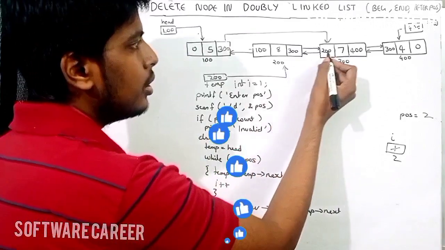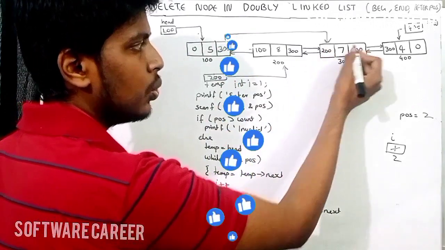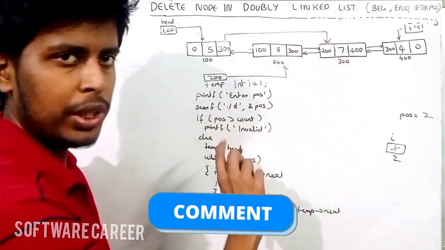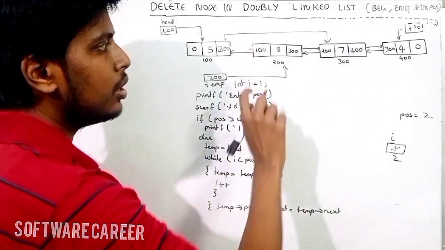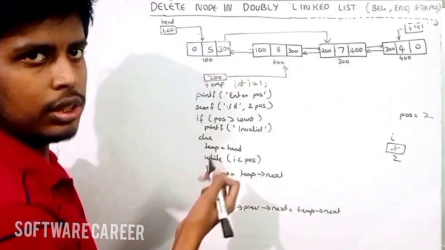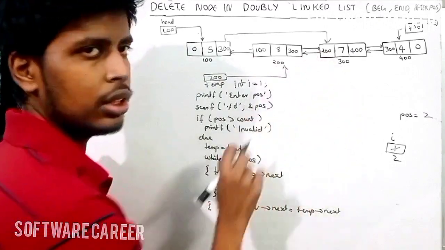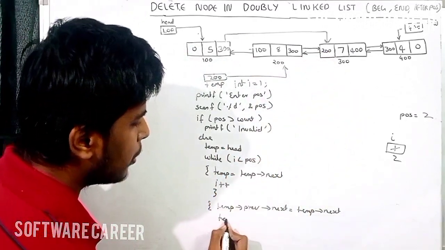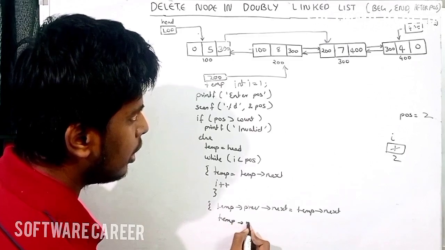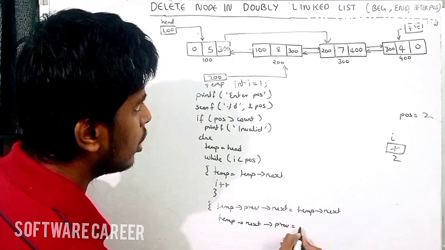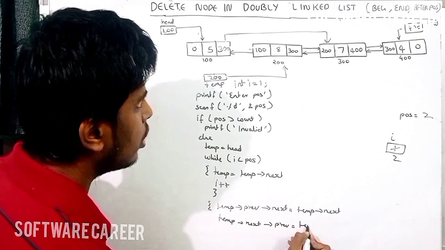Now see, this is the previous pointer of this node 300. So in this previous pointer you should store the address of the previous node. So if you delete this node, the previous node of 300 is 100. So 100 you should store here. So see here I am writing the code. Temp next previous equals to temp